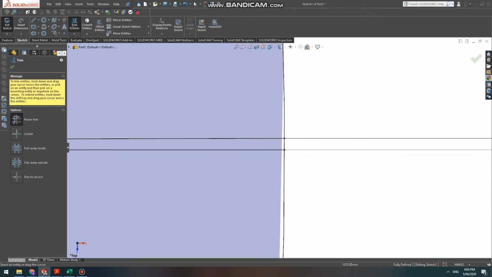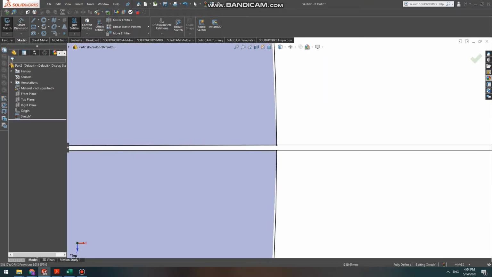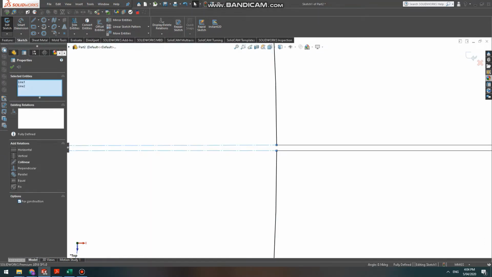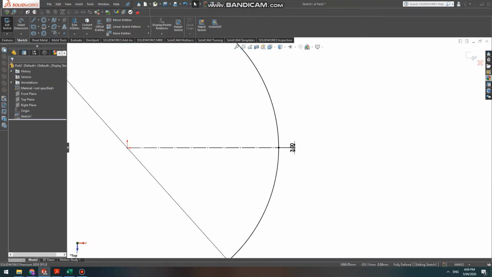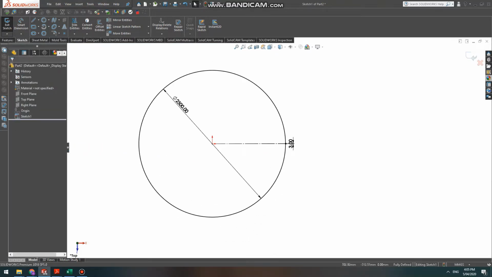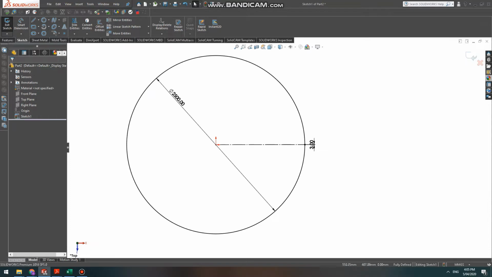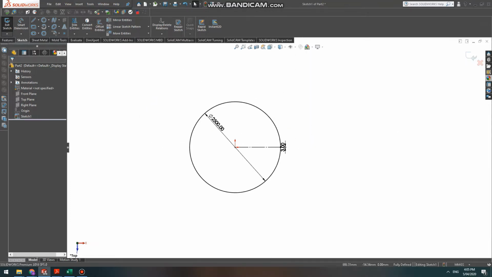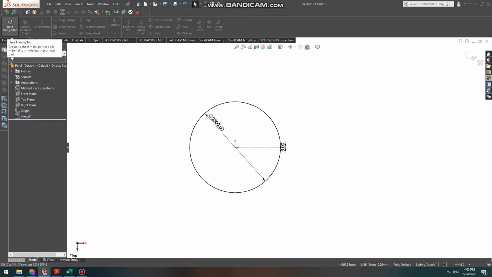We trim this part. We make these two lines as helping lines for construction, and apart from it, I think that's enough. Now we go to sheet metal base flange tab,